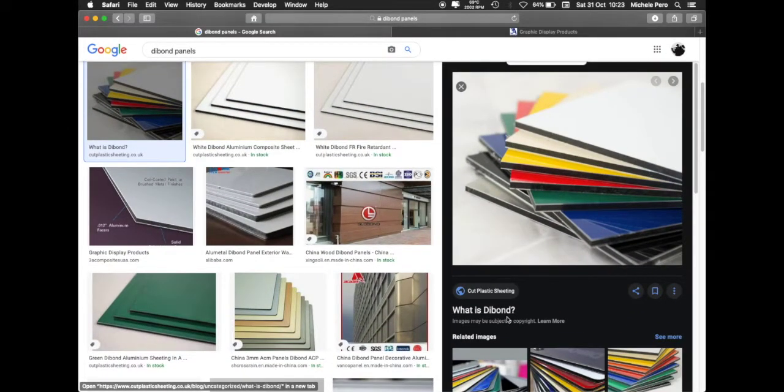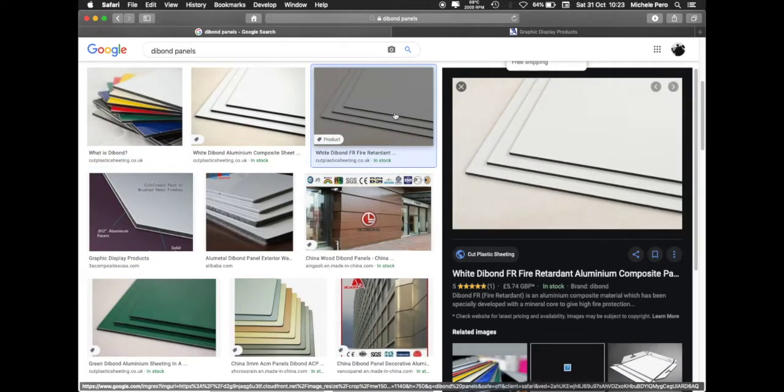What is D-bond? D-bond is a panel made of 2 sheets of aluminum with a polyethylene core inside. They are made by a German company, distributed all over the world. They can be very thin, up to 3 millimeters, or 2 millimeters, I can't remember the size of my panels, but they are aluminum basically, which provides a very good stability, and polyethylene inside, a very inert plastic, which provides